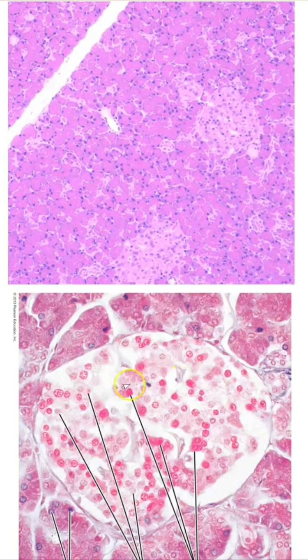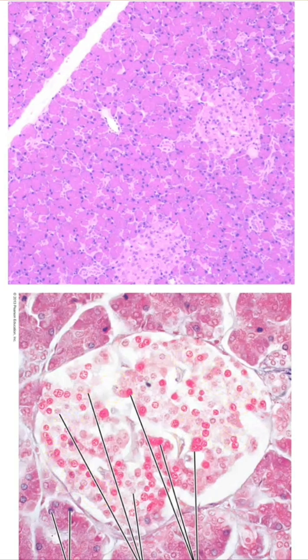This is a higher magnification where you can see the pancreatic islets. Now, I will just tell you that unless you're on an image, it's going to be very difficult to look under a microscope and be able to distinguish the different types of cells. I'm not going to ask you to be able to distinguish the different types of cells in lab, but you should know that within a pancreatic islet, we do have some different cells, and those different cells are responsible for